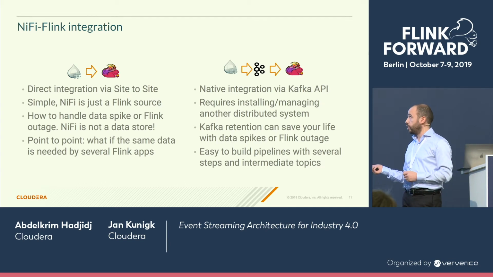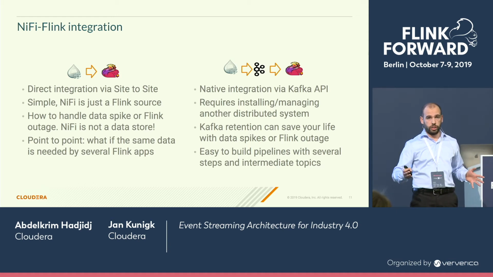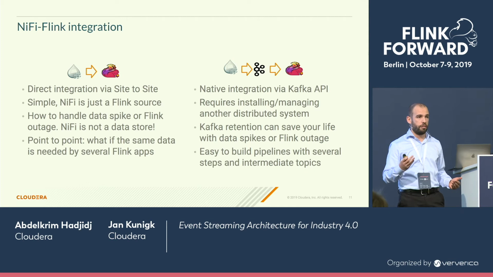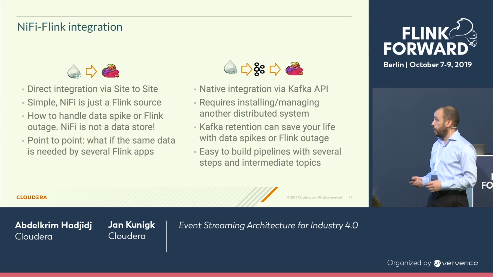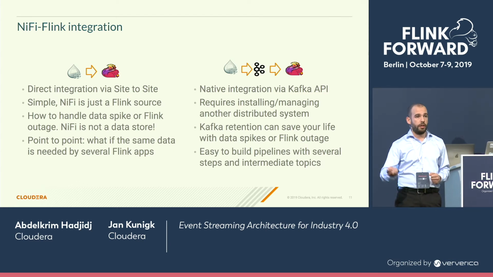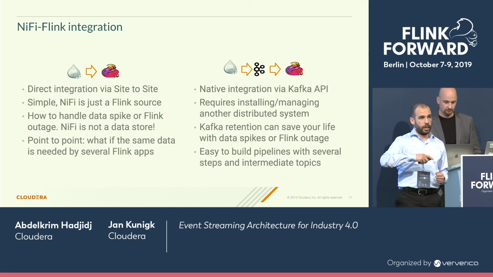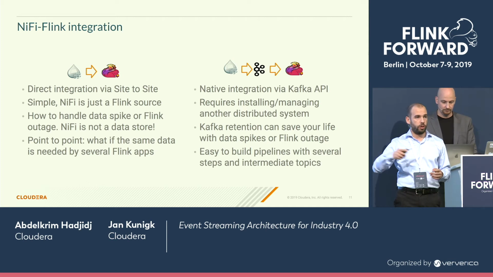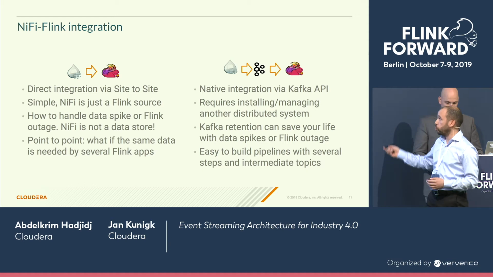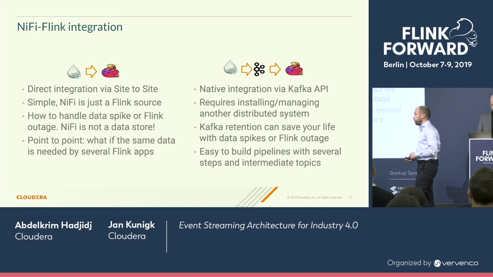So the other pattern is to have Kafka between the two, which is a real broker. It can keep your data retention between the two. So if you have any problem on one side or the other, you can scale and keep more data. And of course, if this data is required by other applications, they can consume it. They can subscribe to different topics. If you have several pipelines where you are reading from one topic and writing to another one, Kafka is also a good fit here. So usually we'll end up with the second option, even if we have this direct integration between NiFi and Flink.